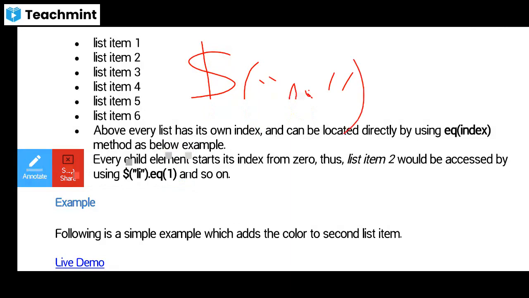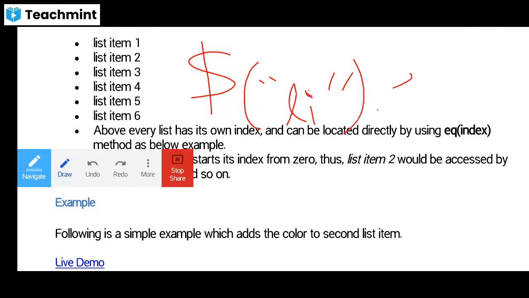List. We are going to select the list dot eq. So eq of 1. Okay, so it is going to specify only list item 2, only 2.